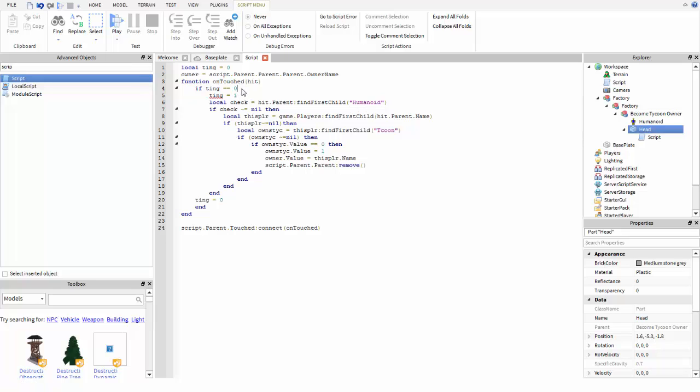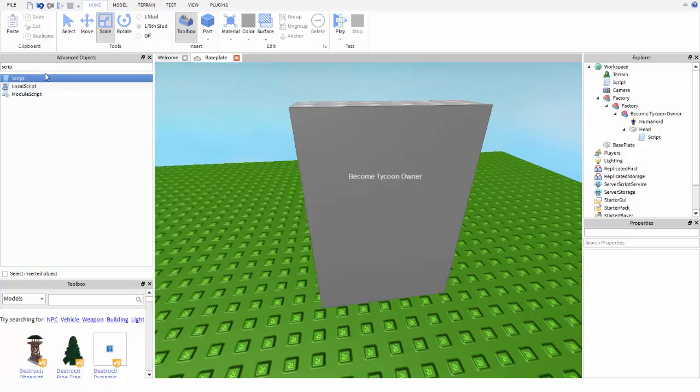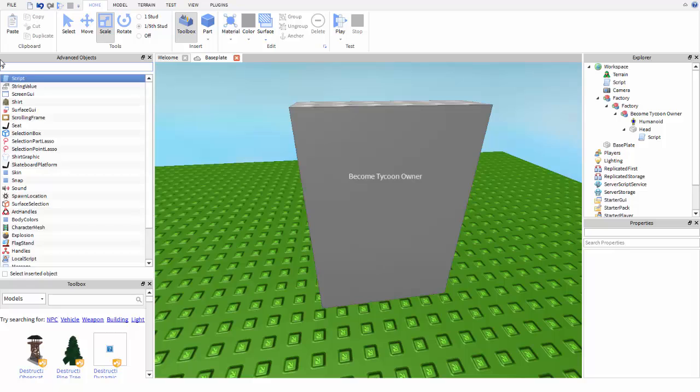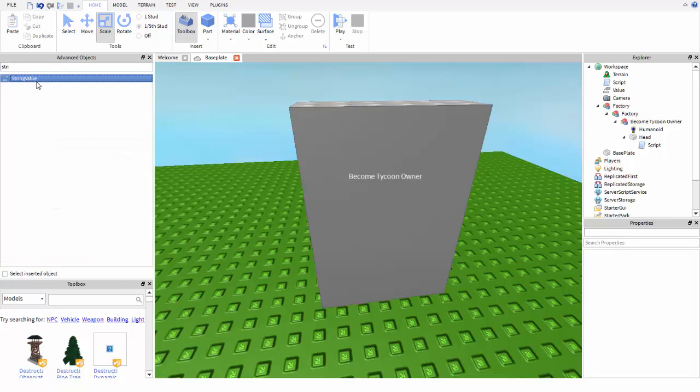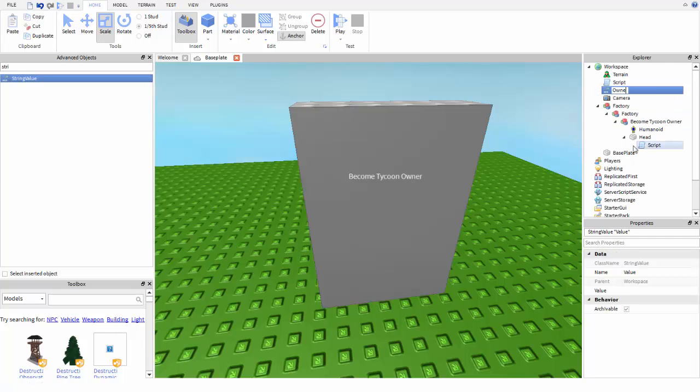Oh, I almost forgot that. I was like, why is that red? Right here, you have to write then. I'm sorry about that. All right, so now what we have to do is we have to insert a string value right here, and name it owner name,